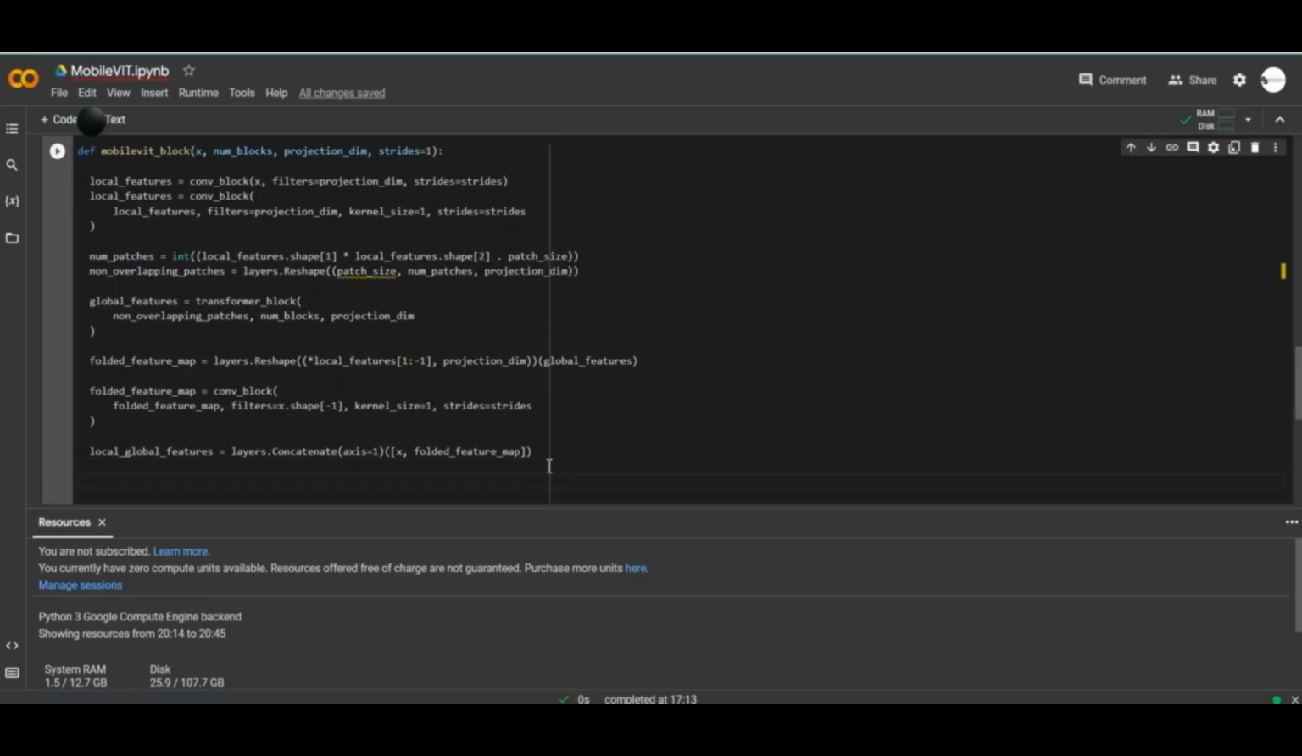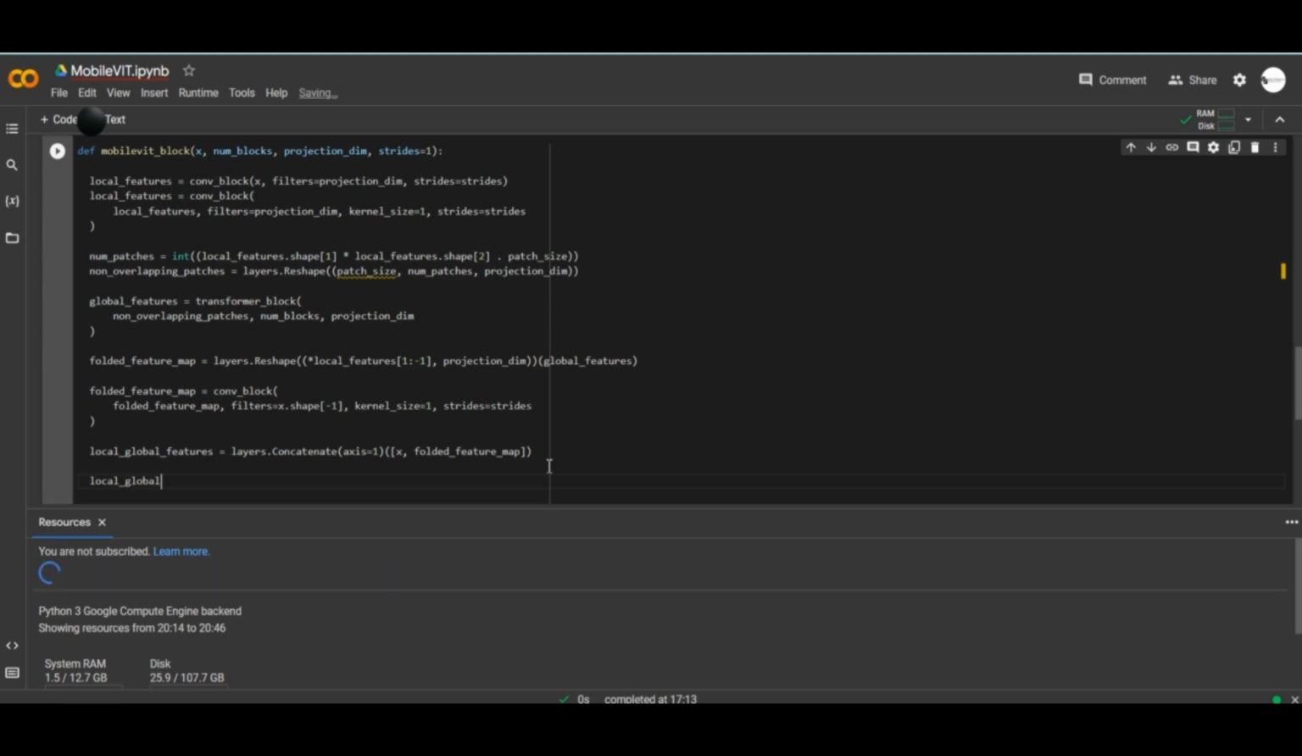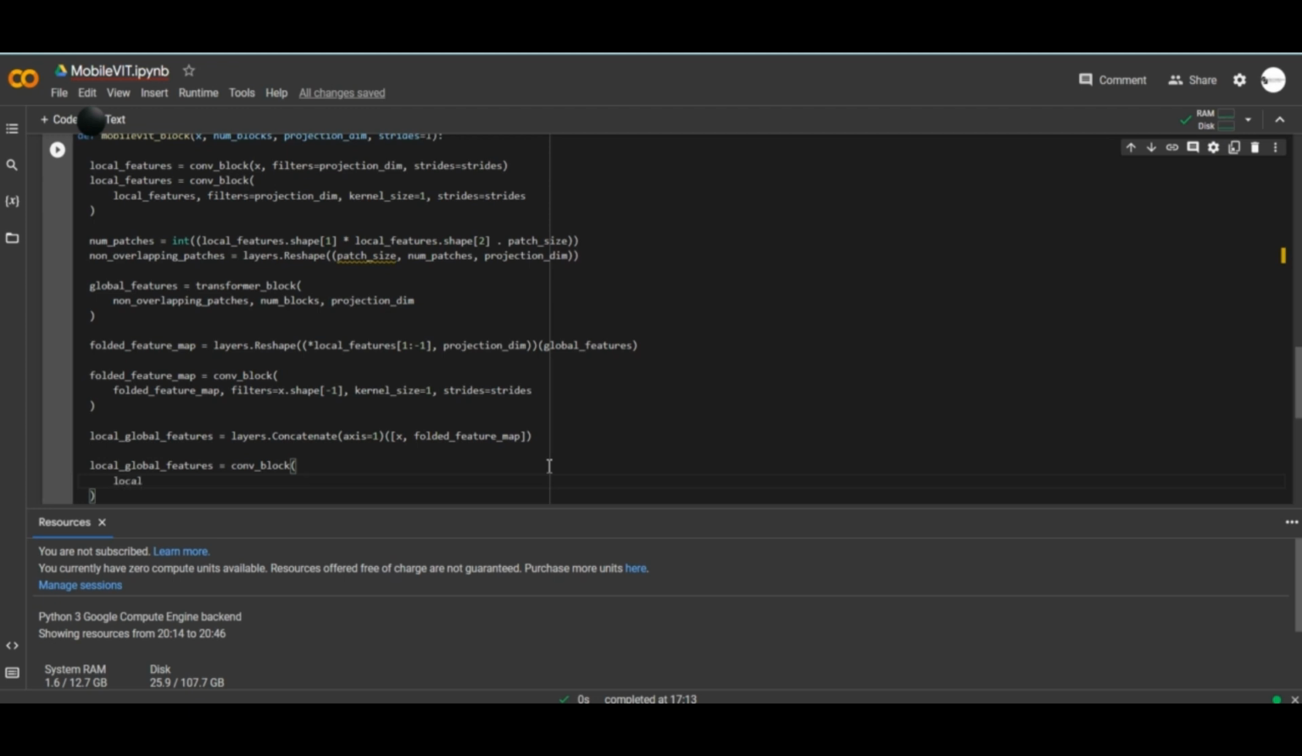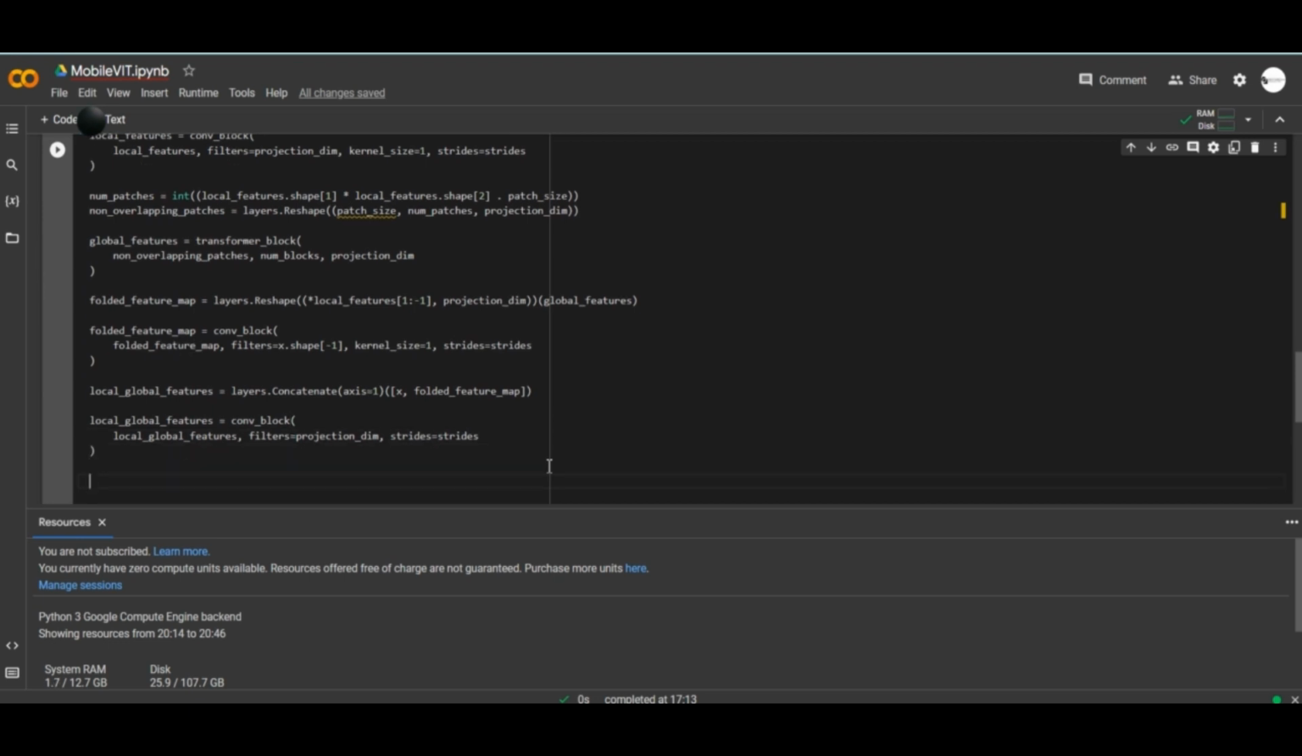Okay, so we're gonna say local global features, okay, equals to conv block. Then we take in local global features. We apply filters equals to the projection dimension, then strides equals to strides. Okay, return